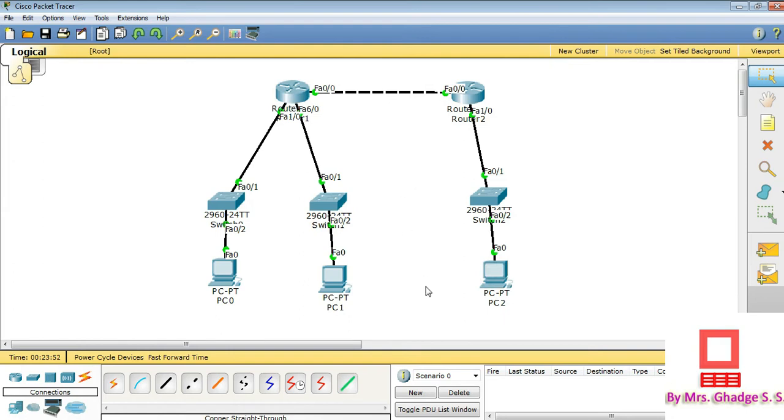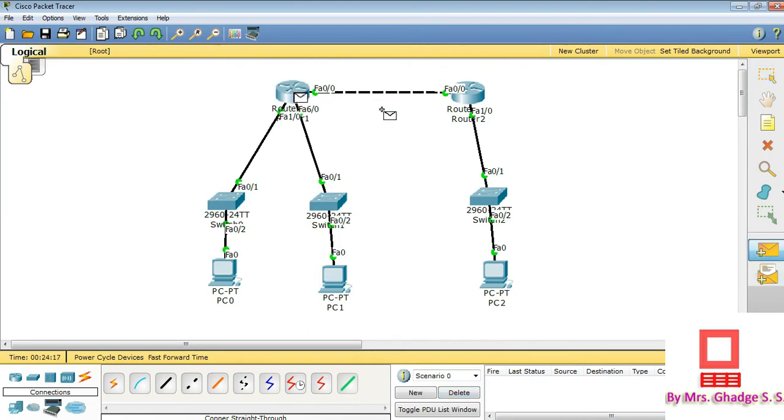Now we can see that from PC0 to the router there is connectivity. You just take this simple packet from the right side and put it into PC0 and router 1. It will show the message successful. That means there is connectivity between PC0 and router 1.